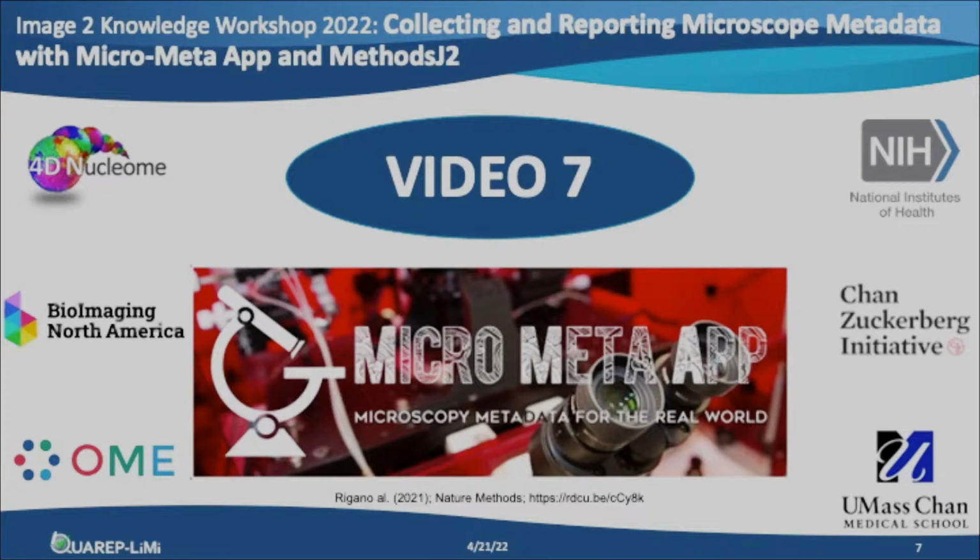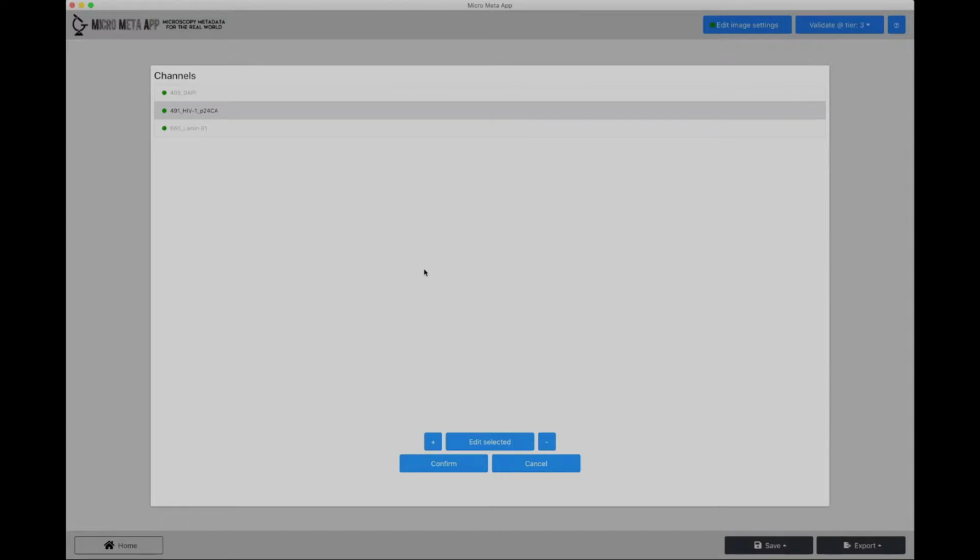In this final part of the tutorial, I'm going to show you how to add a missing channel to an existing Settings.JSON file. To add an additional channel, what we need to do is click the plus button. In this way, we can create a new channel, which is indicated by the red dot,